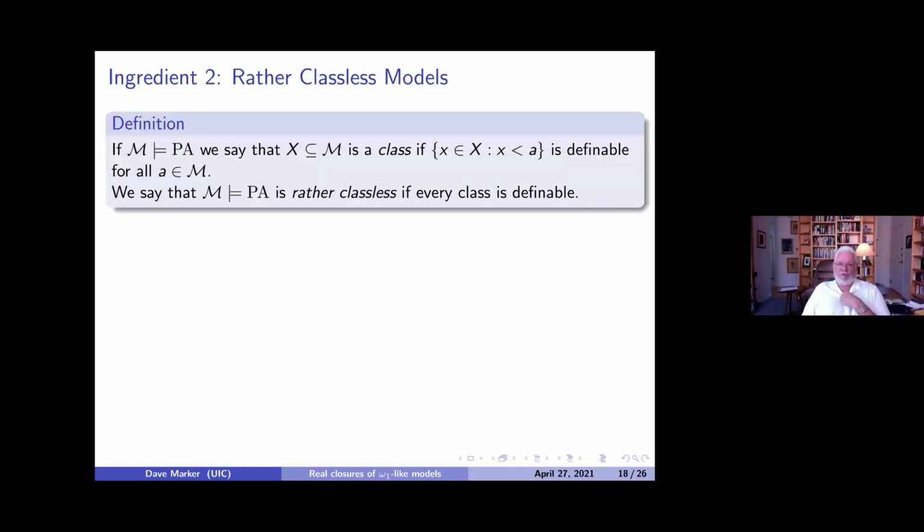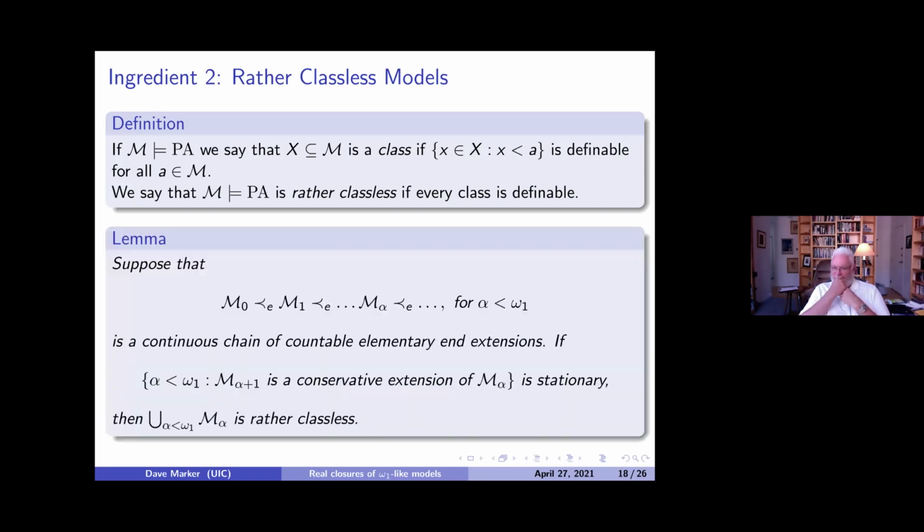This helps us build rather classless models. So in a model of PA, recall that a class is just a subset of the model such that every initial segment of it is definable. Okay, so if I had a definable set, it would have this property. And we say that PA is rather classless if every class is definable. And then there's a standard construction of ω1-like rather classless models,